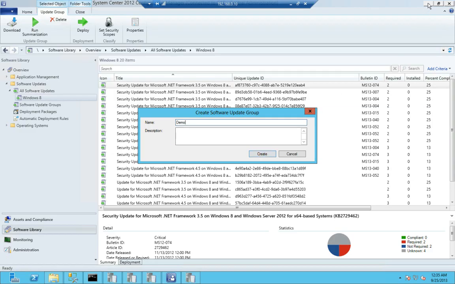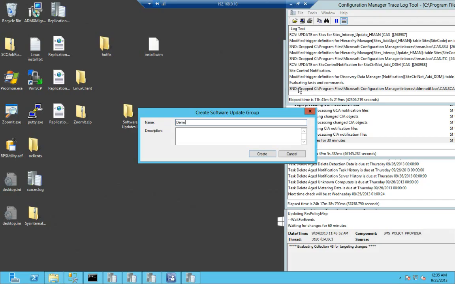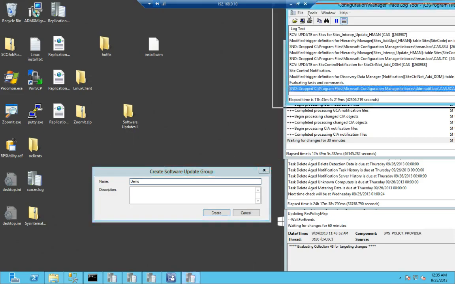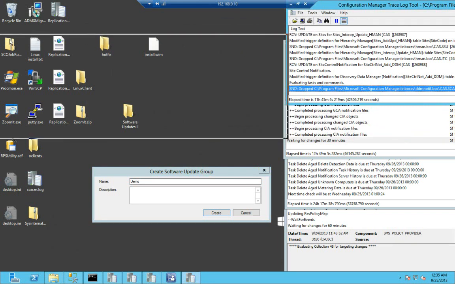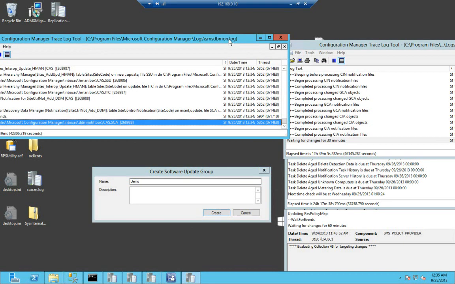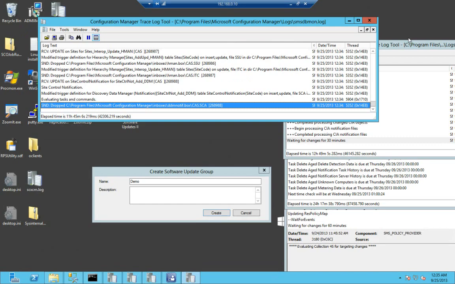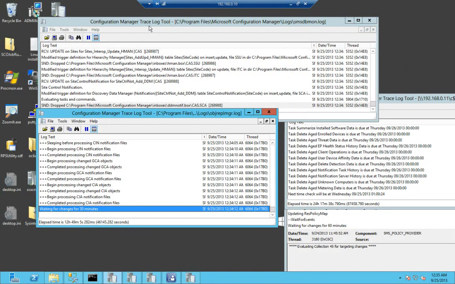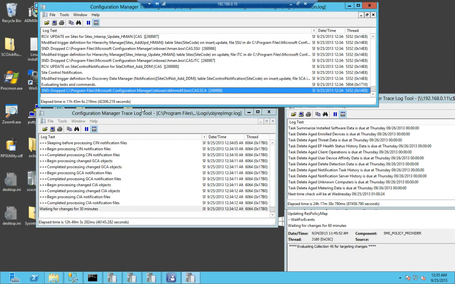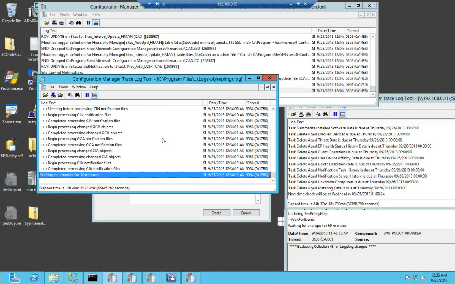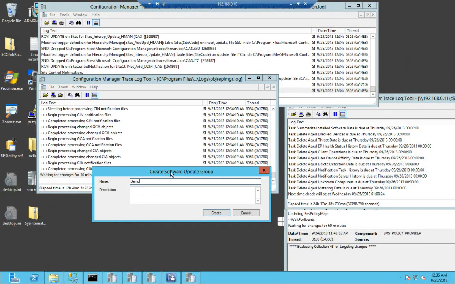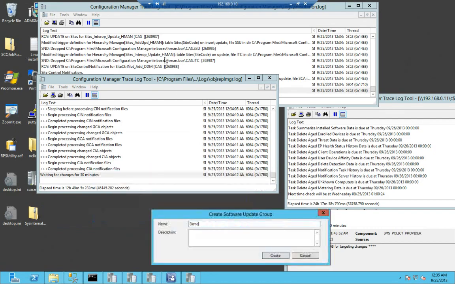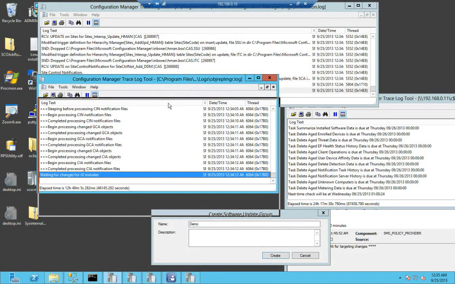And again, let me minimize this if I can. We're kind of watching these logs. Let me pull this down and over a bit. So these logs are the ones we care about. SMSDBmon right now and ConfigMgr are the first two that we'll worry about. So let me line these up best I can. Get this down here a little bit. All right. And whenever I hit go on this,